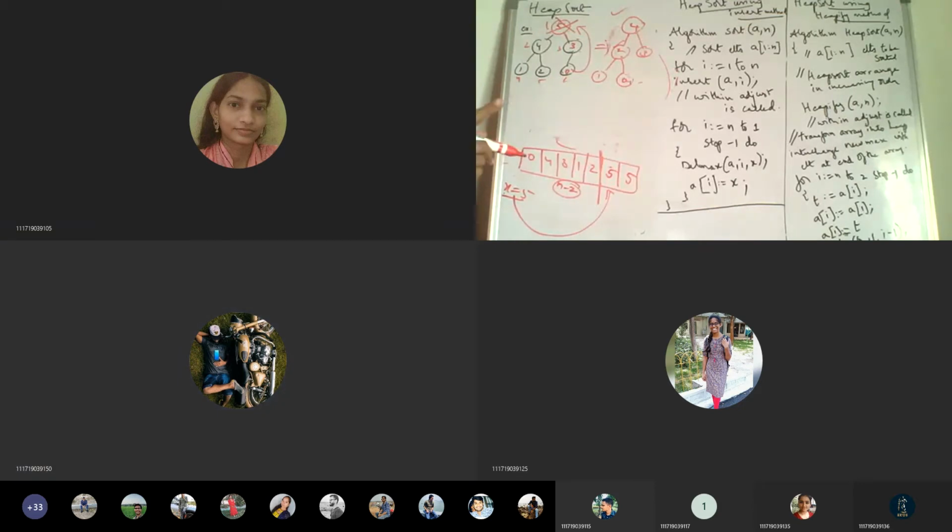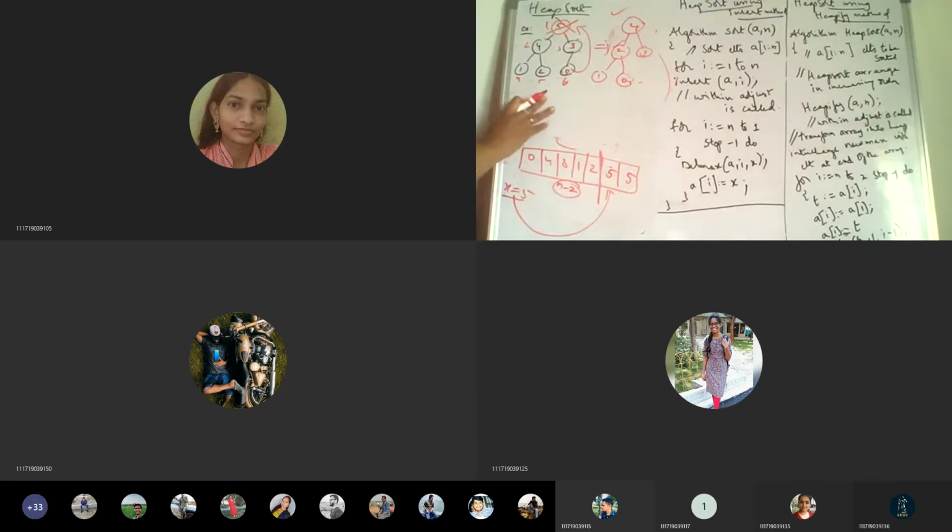First maximum deletion, you understood, right? Yes, ma'am. First element: when there was 5 here and 0 was here, this 7th position, we deleted that, and the 7th position value will occupy here. And whatever is deleted will occupy the last position, because that will be empty. So we are utilizing that space also.